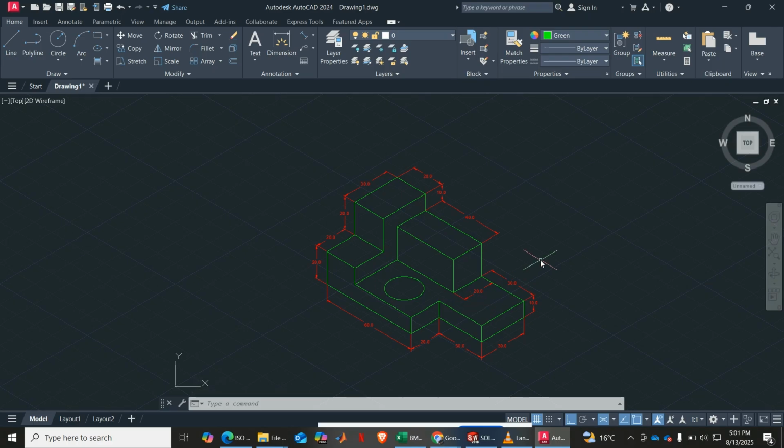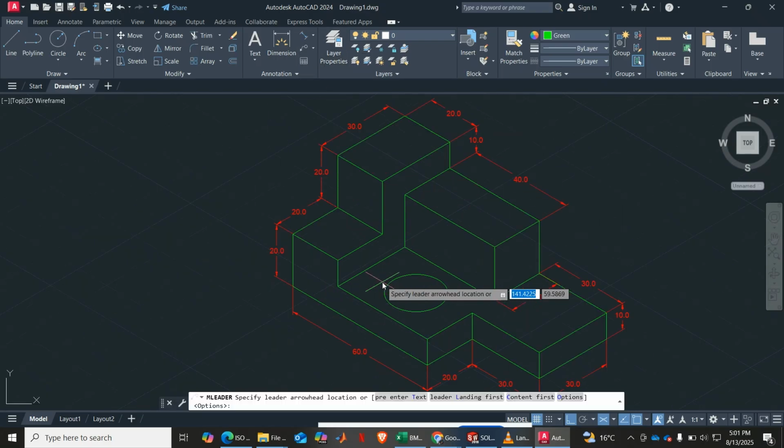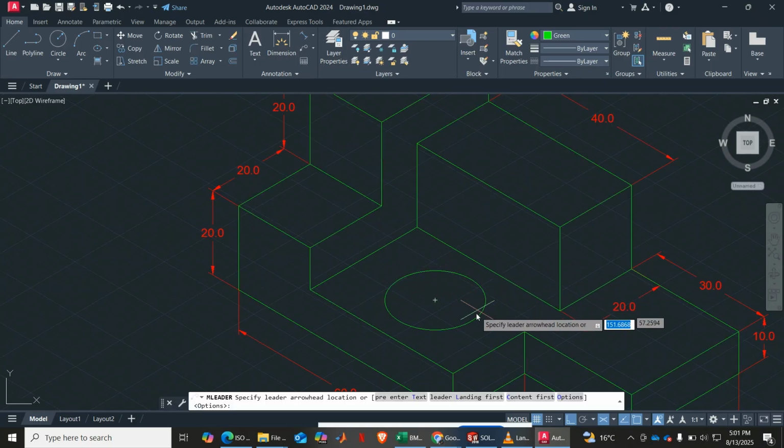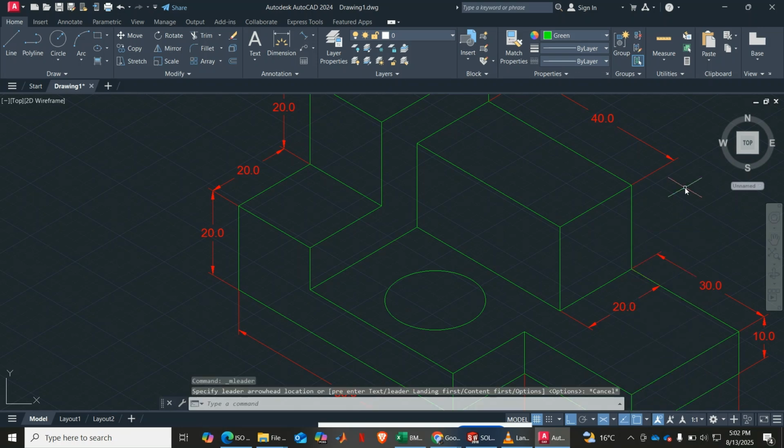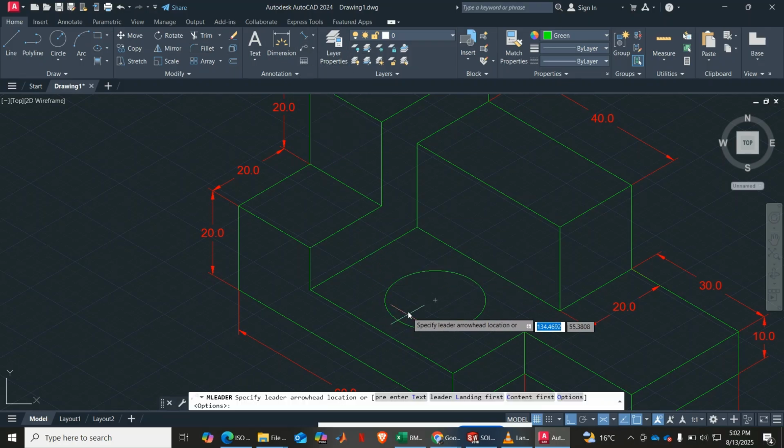So two options. You can use leader from here. You can click leader and you can dimension it manually. So you see here, for example, I don't get an edge point. So I can turn on the snap mode here. I can turn on quadrants. So I can snap the 4 quadrants of that arc. Then escape. So now select leader and then I can select, you see one quadrant here, one here, one there,